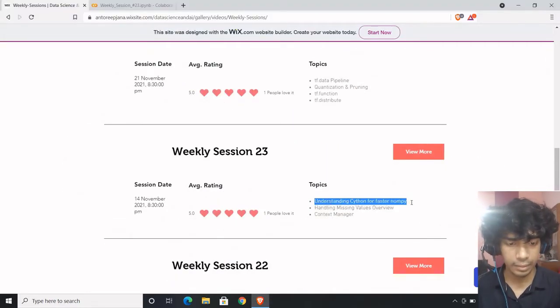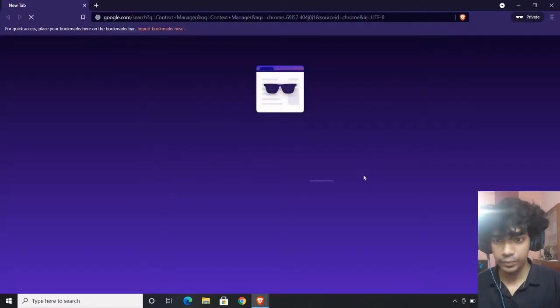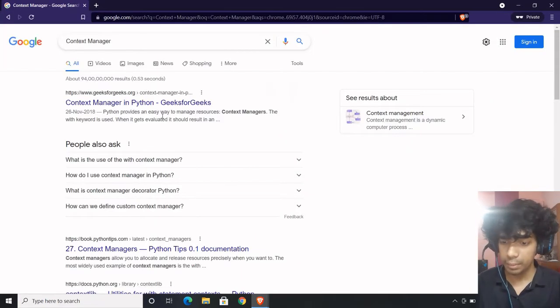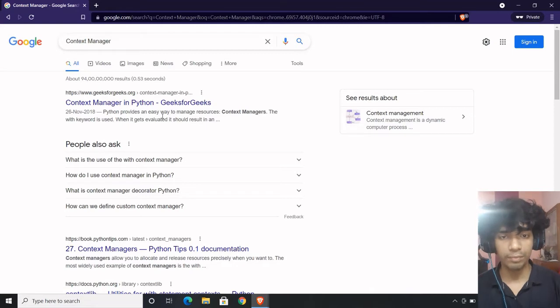context manager, or we can pick Python for faster NumPy, or we can pick context manager. Context manager is quite important in real life as well as in Python. A context manager in Python ensures that any particular file or resource is properly managed and is not referred to out of context. If it is referred to out of context, you will run into errors. So is the case in real life. Don't make things out of context. You wouldn't be willing to do things out of context, right? Good enough.